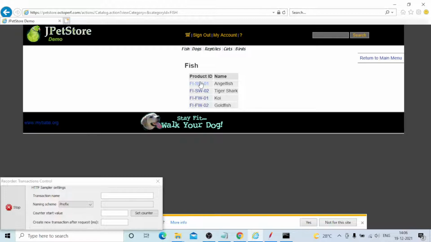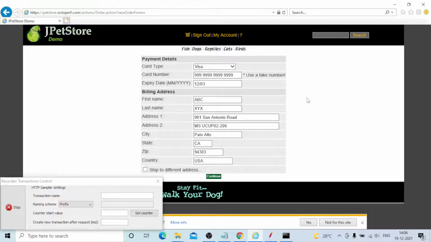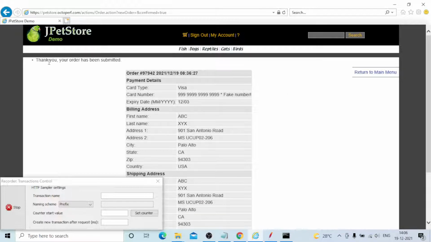Then select add to cart, then proceed to checkout. You need to continue with the payment details. It's the final confirmation. Yes, it's done. Thank you, your order has been submitted.